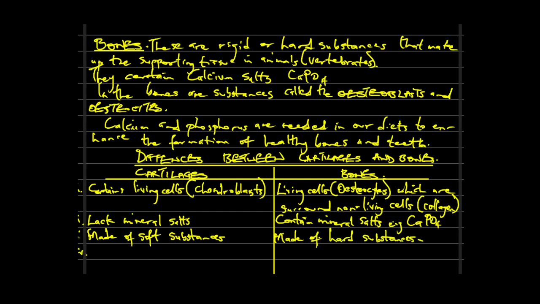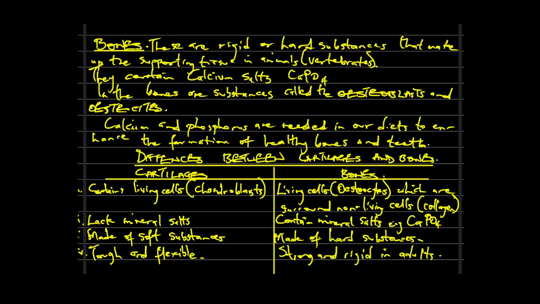We have other ones. We have tough and flexible. Yes, cartilages are tough and flexible. Cartilages are tough, and that is why you can pull them, you can stretch them. They rarely tear, they don't tear easily. So they are tough and they are flexible. Yes, they can bend, they can twist, unlike the bones that are very, very strong and rigid, particularly in adults. They are strong and rigid in adults.